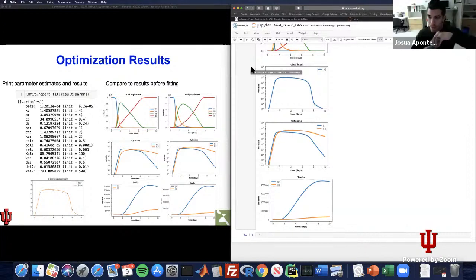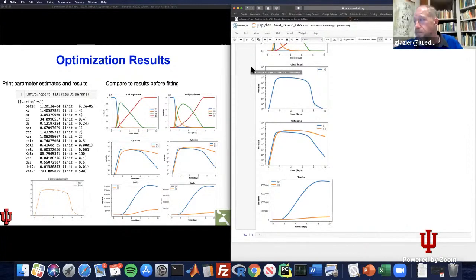And what I was going to suggest, and I don't know exactly what you've got planned for class, but maybe it would be worth trying to make sure that people understand how to manipulate the code, even if you don't know all the details. And you could do this with them perhaps. Let's look at the viral load curve we fit, and if we look at the red line here,